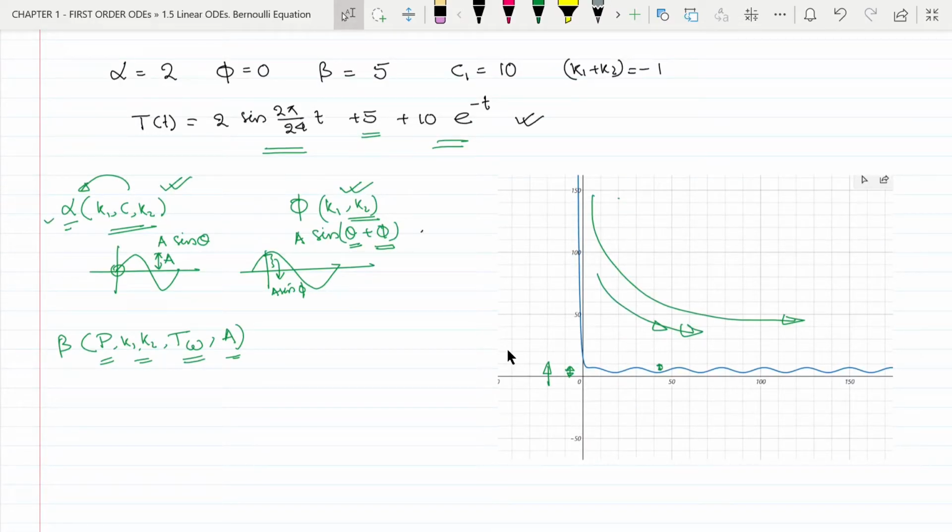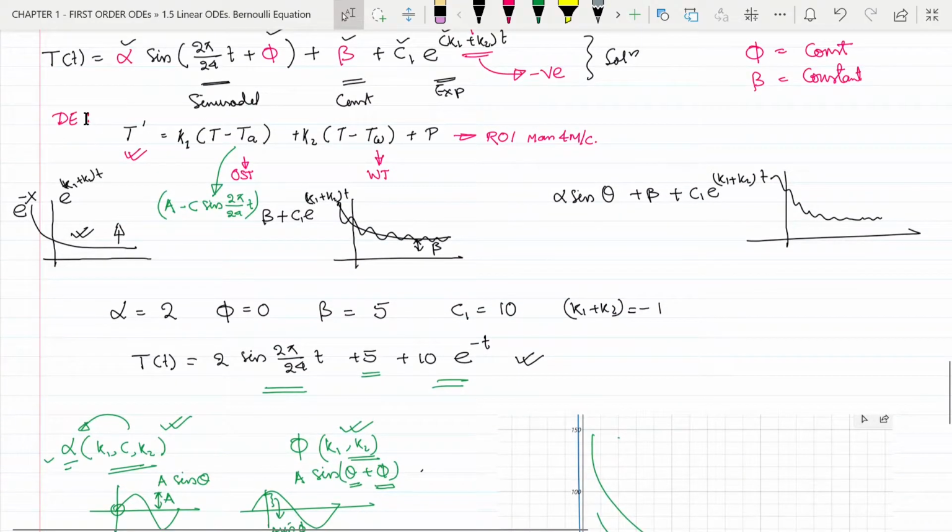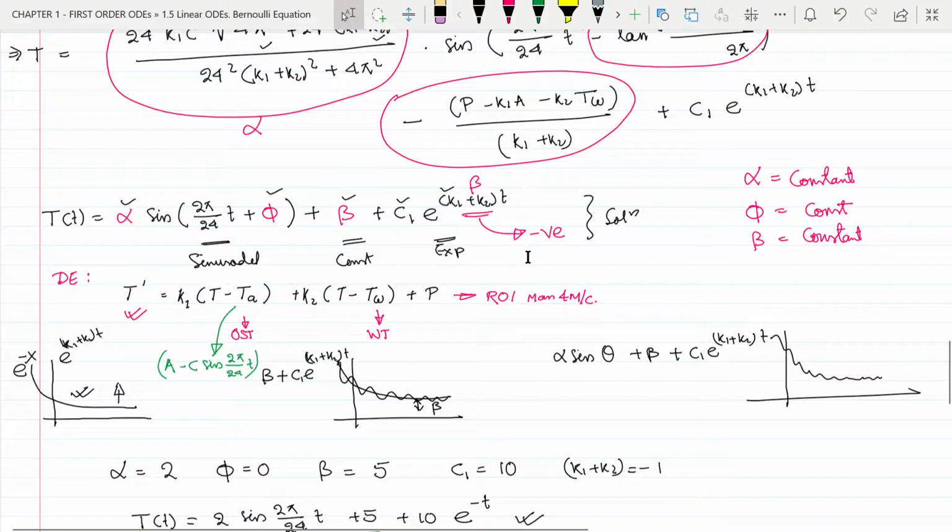Now let's see what happens for extreme values of t, that is t tends to infinity, t tends to minus infinity and t equal to 0. We can see in this graph, in this solution, that if t tends to minus infinity, then the exponent of this term will become positive because t is minus infinity and k1 and k2 are also negative. So these two terms multiplied give a positive term. So e to the power a positive term, and that positive term tends to infinity.